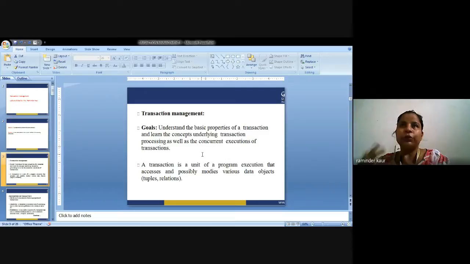object to object. That is, for what type of object you are doing the execution of the transaction. This depends on the type of the underlying material for which you are performing the executions. So in any transaction, there could be two steps, three steps, four steps, or it might be possible that there is only one step. It depends on the material, on the content on which you are going to perform the transactions.